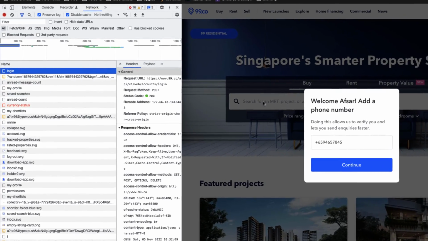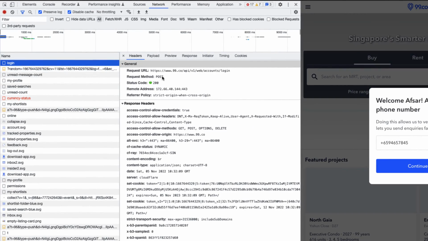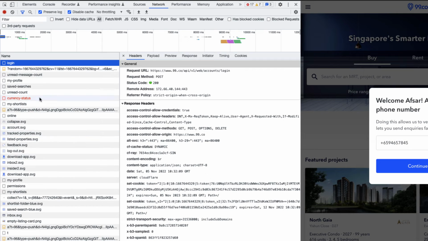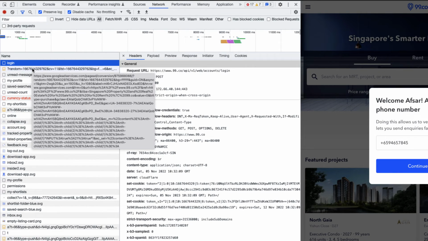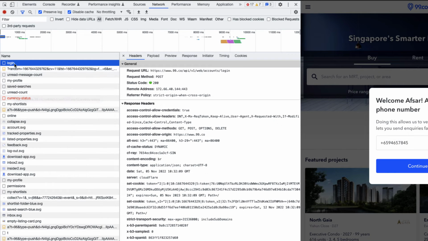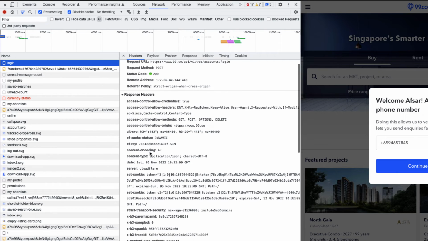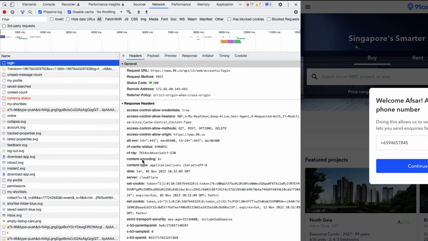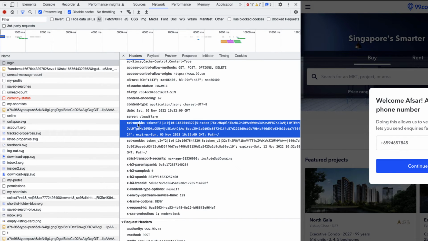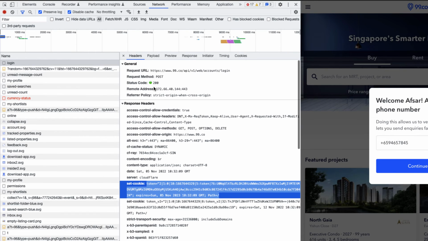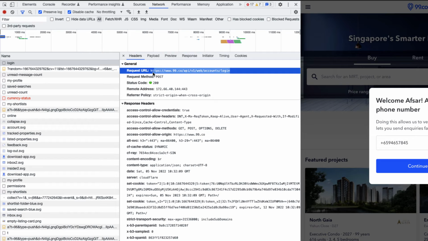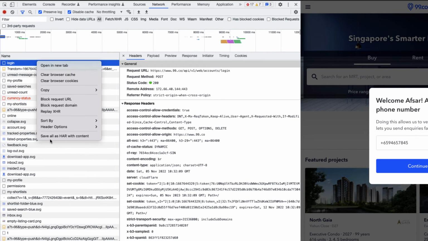This is the REST API call. If you see, this is a POST type and many other things. In your case this API call might have a different name, so you need to find which exactly it is. In my case, login has this set cookie, it is setting the token. All right, so if I can get this API, to test this API also, what I can do is just right click from here,